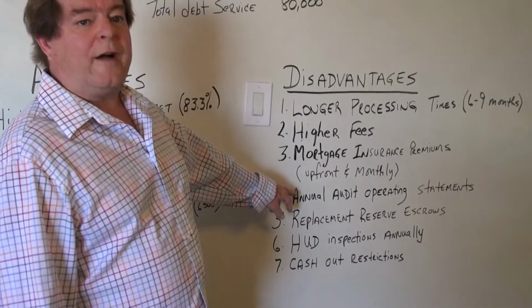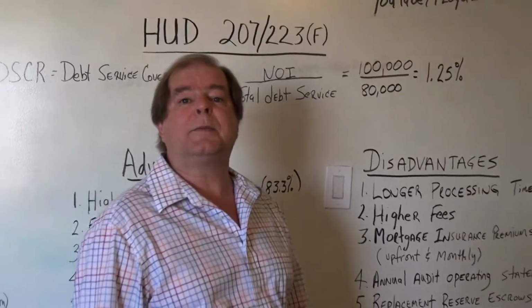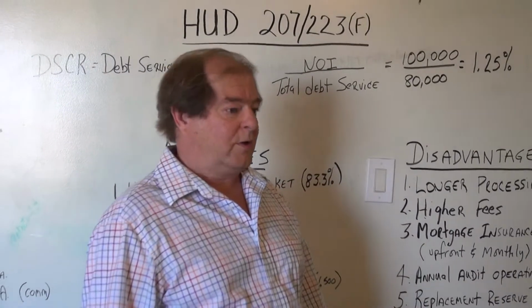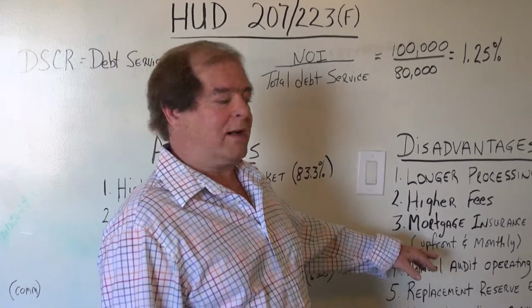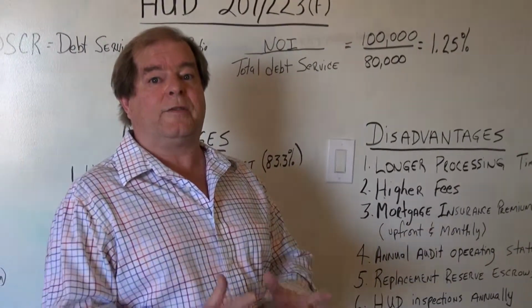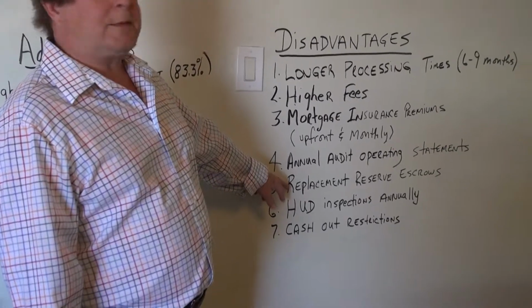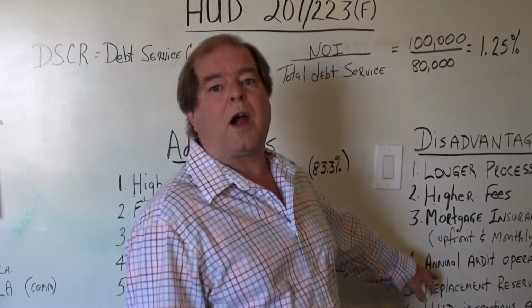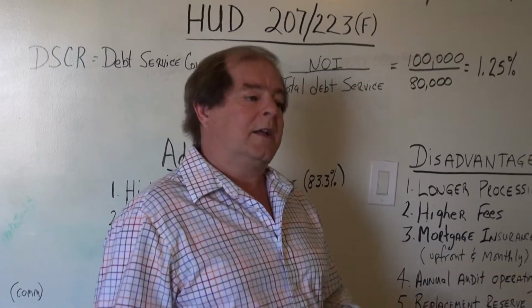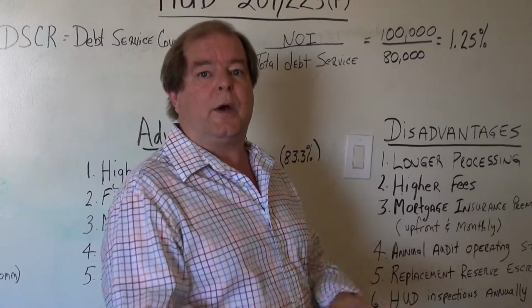Next would be you have annual auditing of your operating statements. The government comes in every year and audits you, so you better keep your paperwork together and correctly. They also have companies that come in and make sure before the audit that you have done all the paperwork correctly. The next is the replacement reserve escrows. They require you to keep money set aside. So if something, like a new roof, needs to be put on or whatever, there's money to go in there and solve